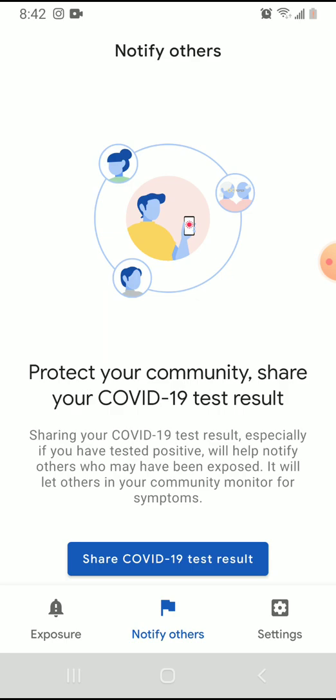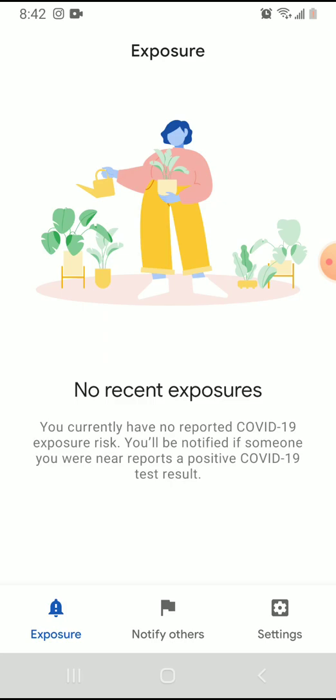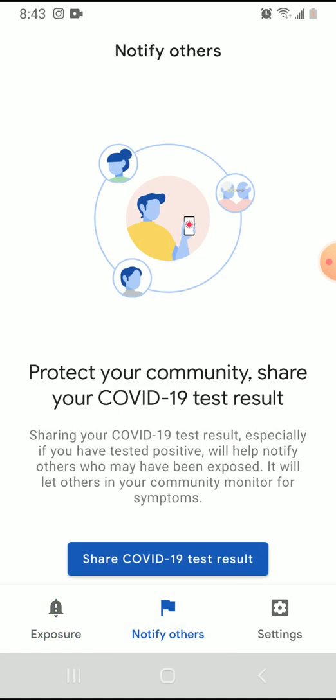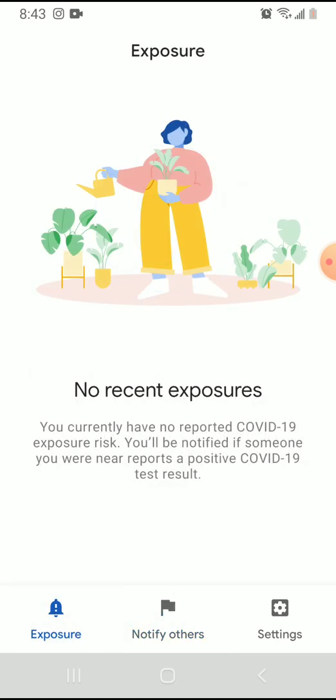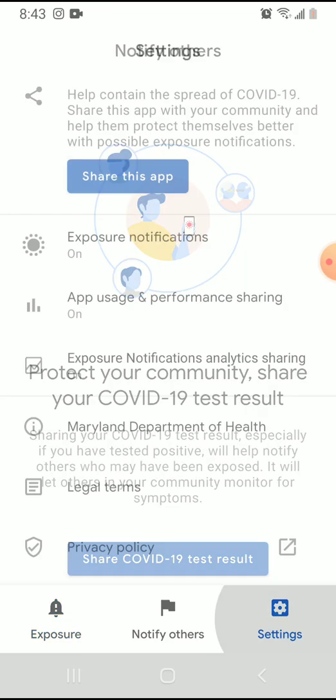So, notify others is basically, if you get a COVID test result, you need to tell the app so that it can tell everybody who's been in contact with you in the last 14 days that you have had a COVID positive result. Next is exposure. Exposure tells you if somebody else has clicked notify and has come back with a positive COVID result. And settings,